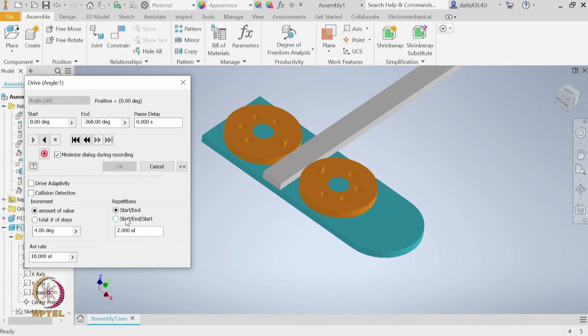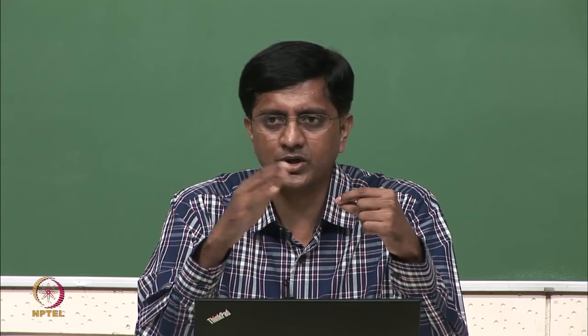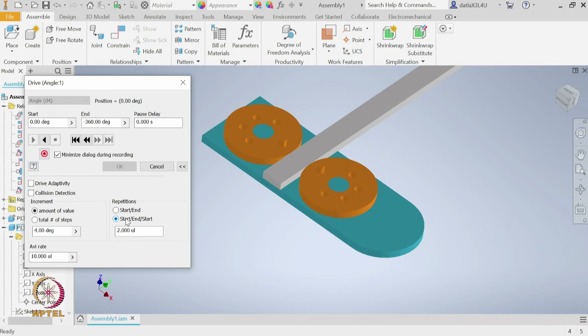And in the repetitions you can choose either it goes from start to end. So, if you are saying 0 to 90, it will go from 0 to 90 and stop there. But if you want it to again come back to the initial position, then we choose the second option where we say start, end and start. But here remember, for one cycle you need to give 2, and if you say 20 it will do 10 cycles of it. So, I will just leave it at 2 and let us play it and see how it works. So, it has gone in one direction and came back to the initial position, and also now we have seen that the speed is faster.